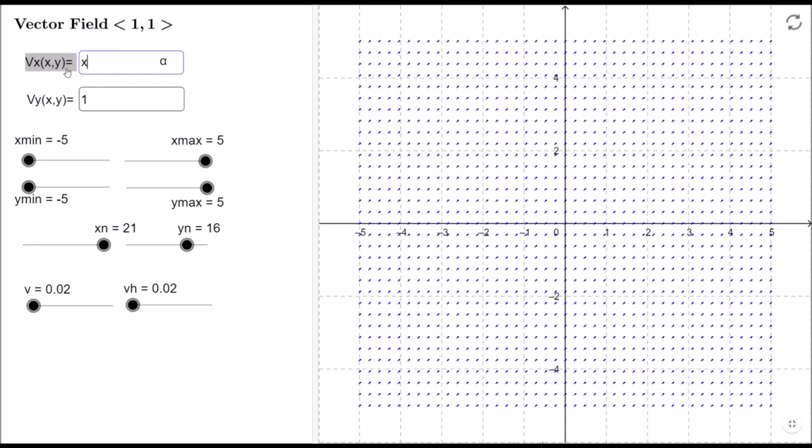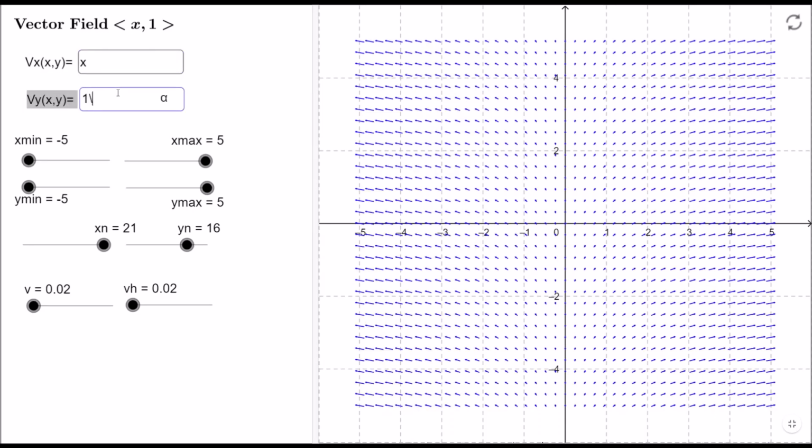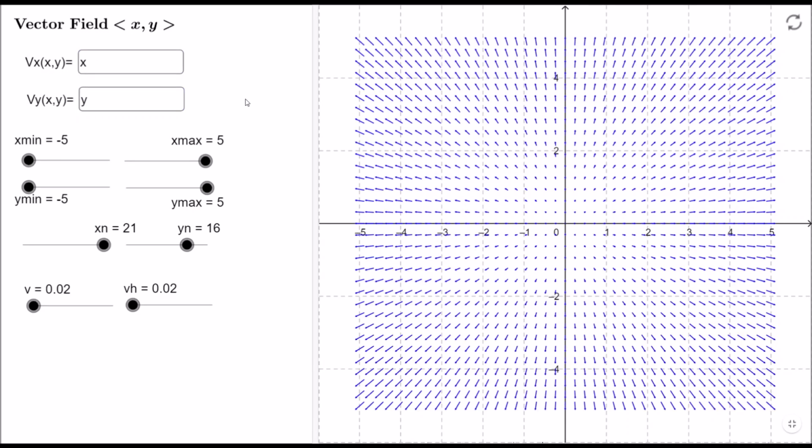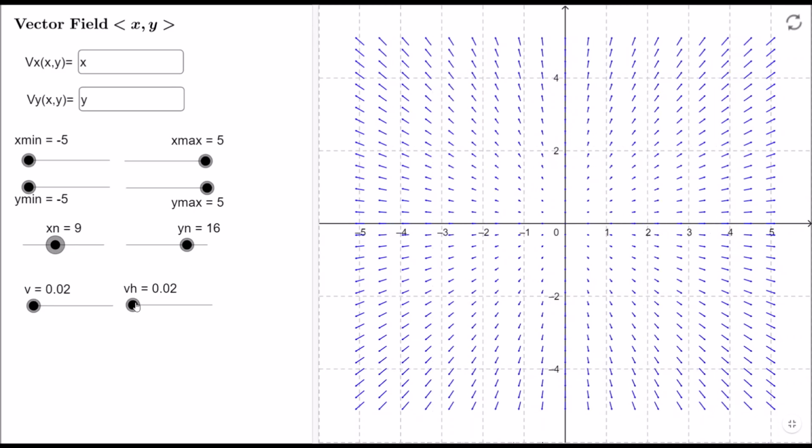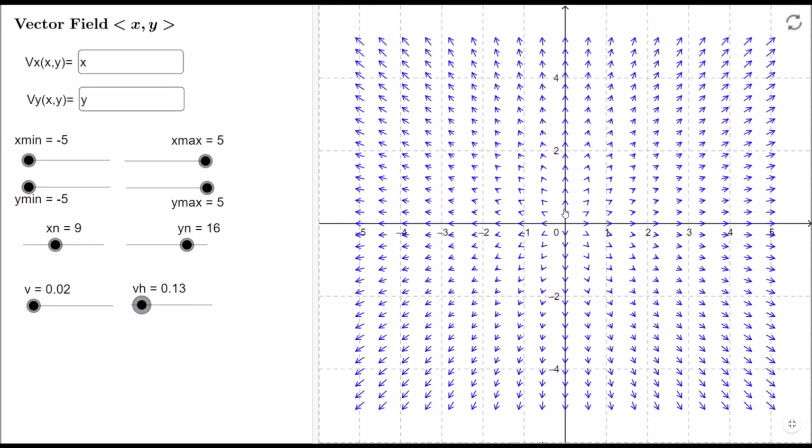The next thing which we took was x comma y. When you take x comma y, what was the thing? Everything was going outside, right? If you observe, let me decrease this. Here you can see the vectors on positive y-axis were going upwards, vectors on negative y-axis were going downwards. Same for x-axis. First quadrant, fourth quadrant, third quadrant, and second quadrant vectors were going to their opposite sides. So this is what we saw on the whiteboard as well.